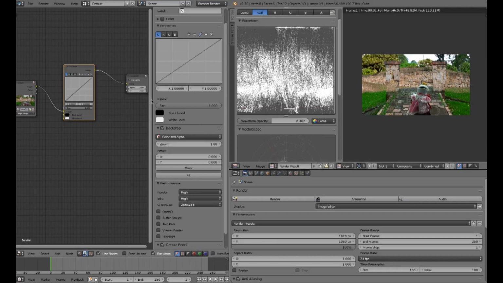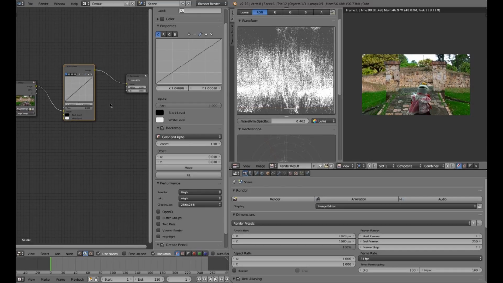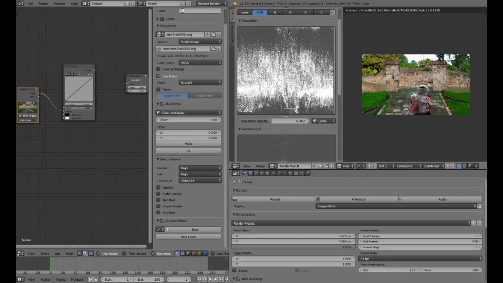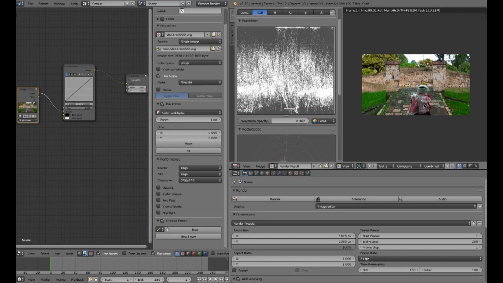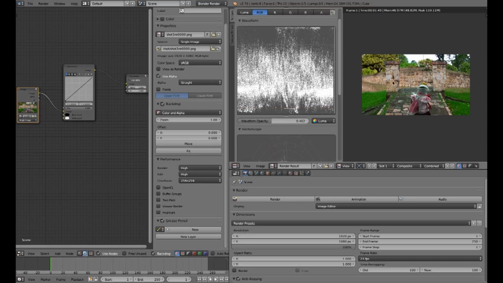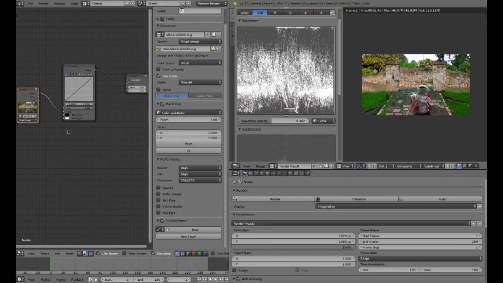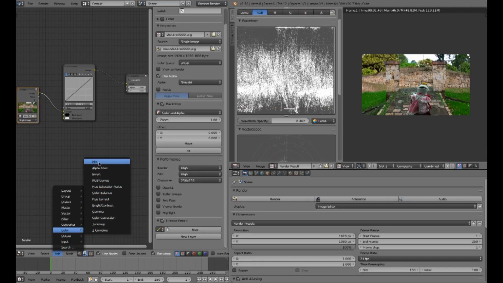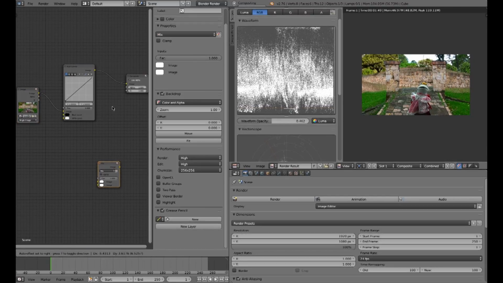Now what happens if we have a color in the grays? We've got our whites properly and our blacks properly, as you can see, but maybe there's like a green cast in it or something like that. We can go to add color and use the mix node. And if we put that in the line,